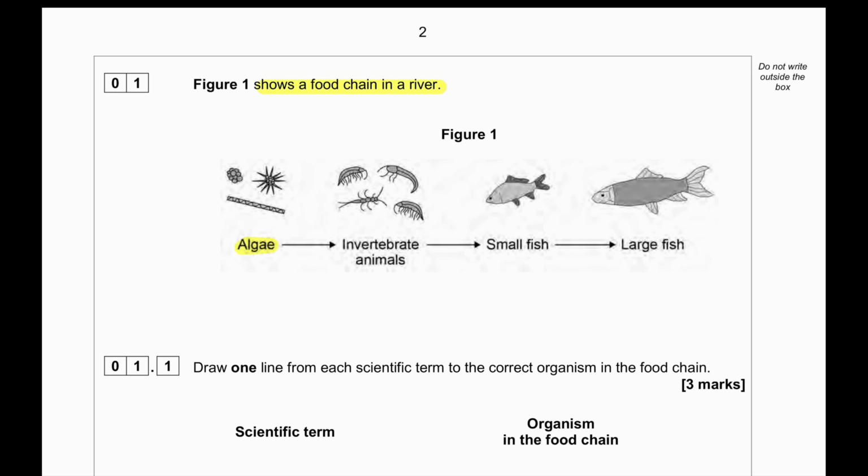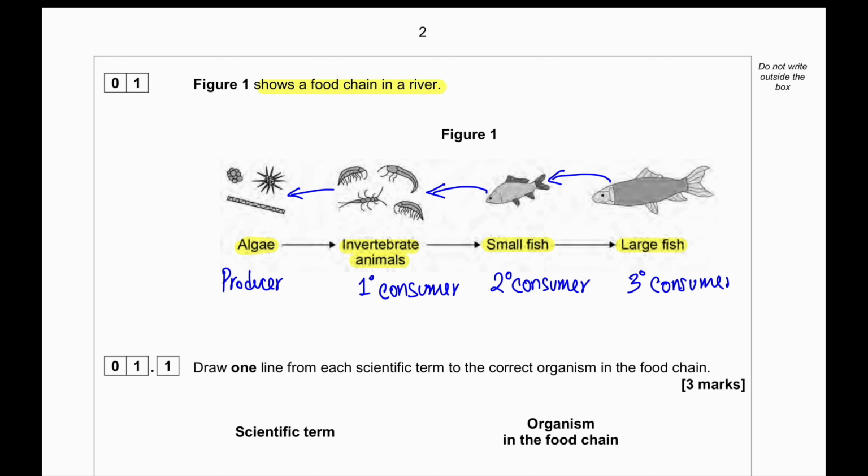The first organism is algae, then we can see invertebrate animals followed by small fish and a large fish. So the algae will be producer. The invertebrate animal will be consuming the algae, so definitely they are the primary consumer. The small fish feeds on the invertebrate animals, so they are the secondary consumer. And the large fish feeds on the small fish, so they are the tertiary consumer. And since the large fish is in the top of the food chain, we can also call it apex